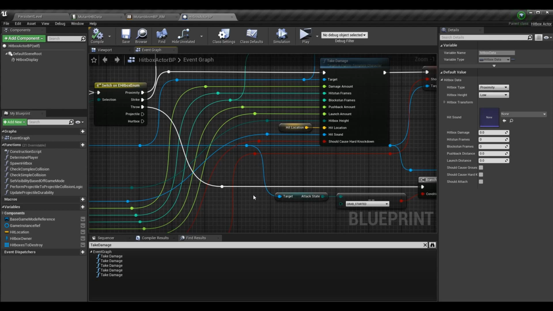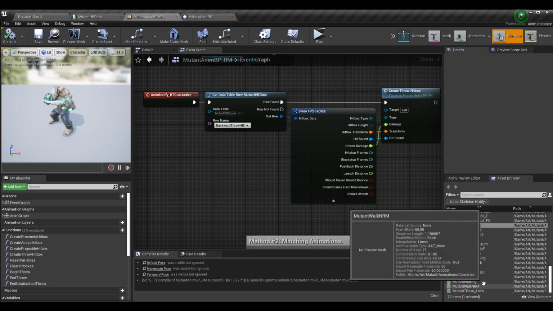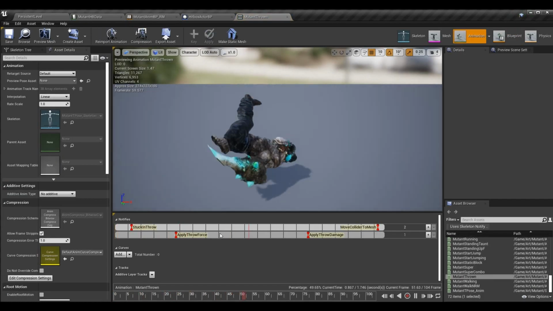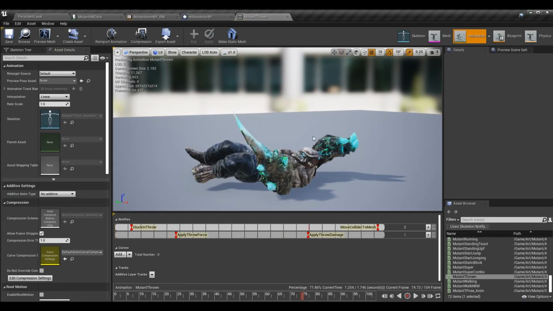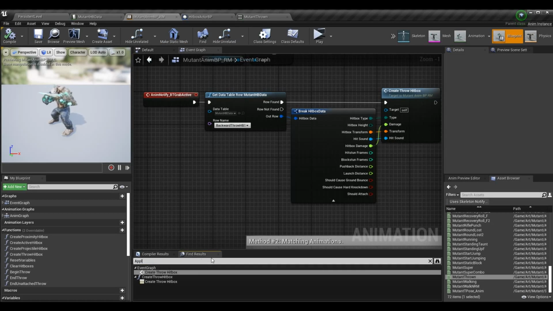You could play the sound effect in here. Or you could actually use the hit sound that we set up here in the grab. And since it's not playing right away, you could pass it into the take damage that occurs on the anim notify when the character lands. So if we go to our backward throw, or actually mutant thrown, we have this anim notify that is apply throw damage. And so if we go to apply throw damage within our anim notify,